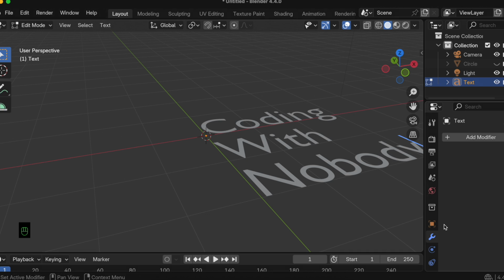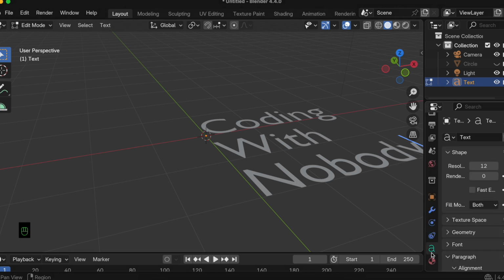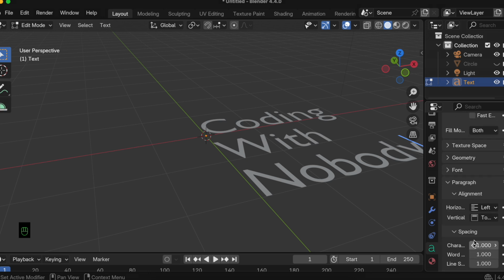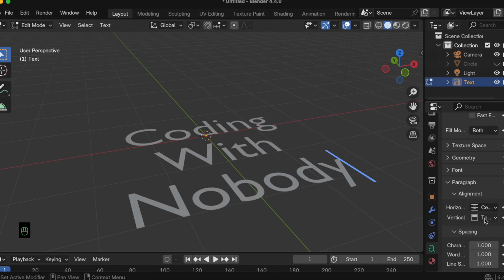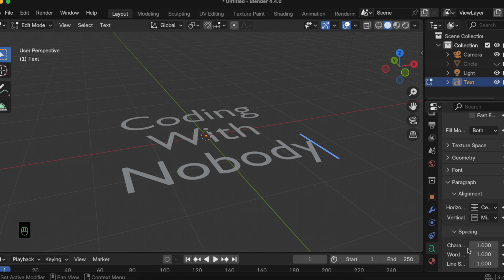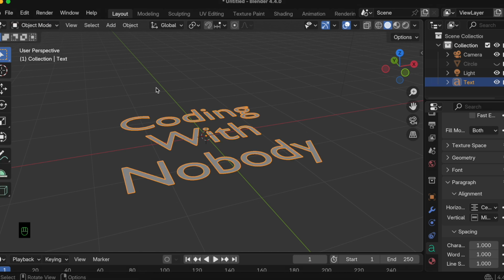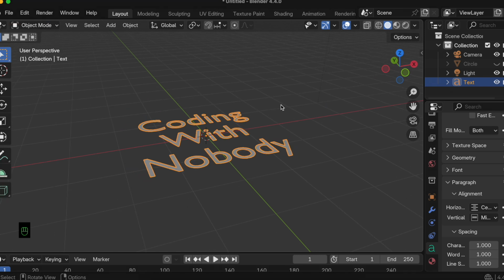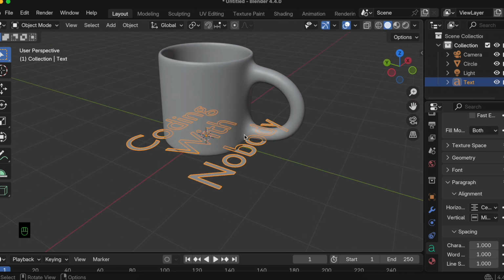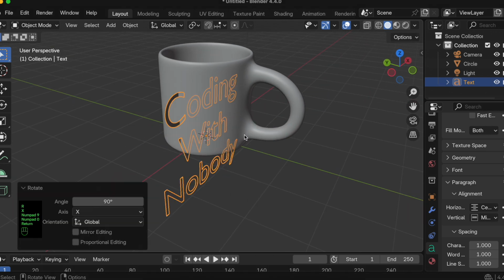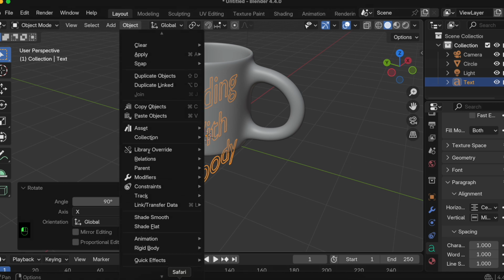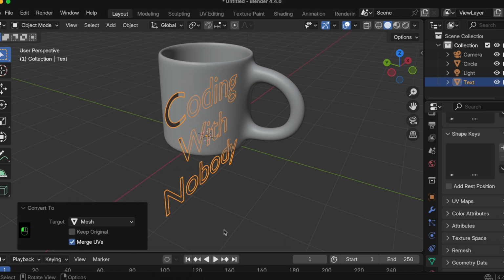Then we need to go to object data properties, then change the alignment. So here I'll just change it to center, this to middle. Then go to object mode, and then just bring back our circle. Here I can just do RX90. Okay, then just go to object, convert, mesh,